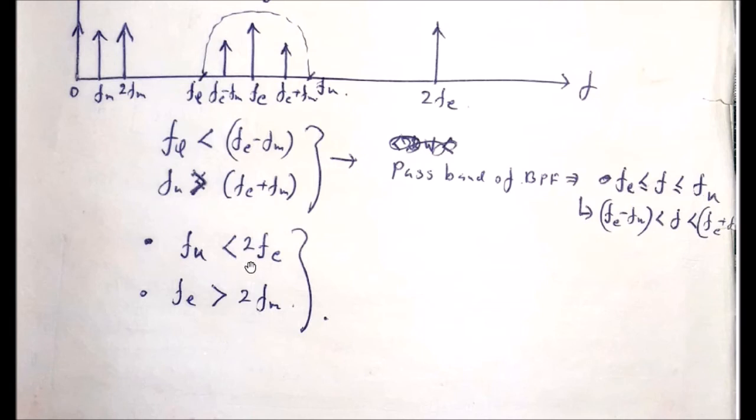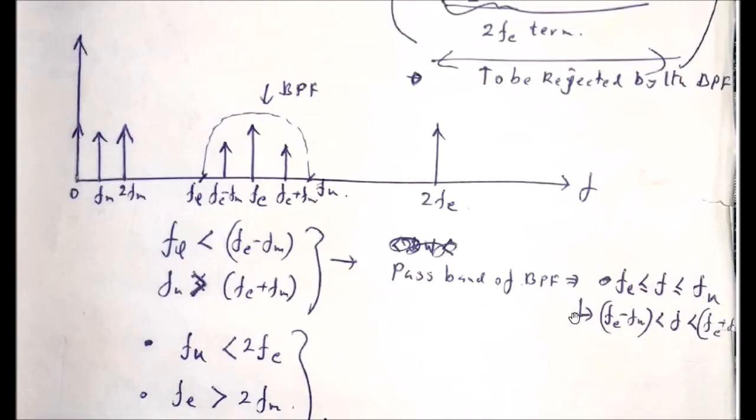So FU should obviously be lower than 2FC, because it should not contain the 2FC component, it should reject that. And FL again should be larger than 2FM, it should not include the 2FM. It should reject that. That's why these two are actually dependent on the reject band regions. So by using one band pass filter which will select only this frequency region, at the output you will obtain the amplitude modulated waveform where all these other terms are rejected.